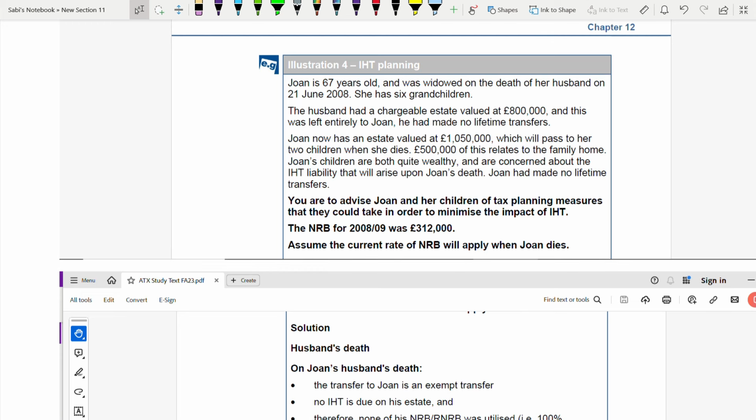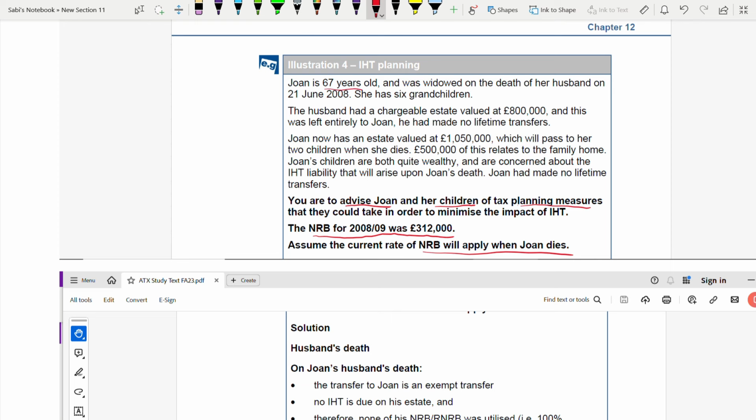Illustration 4. In illustration 4, you are to advise John and her children of tax planning measures they could take in order to minimize the impact of IHT. NRB for this year was 312. Assume the current rate will apply when John dies. Okay. So now,